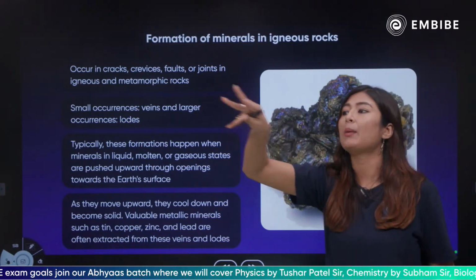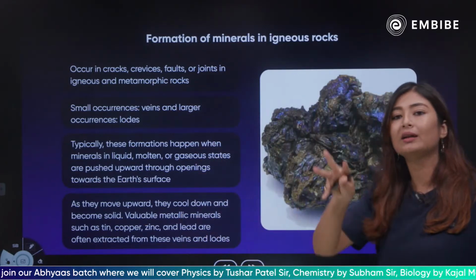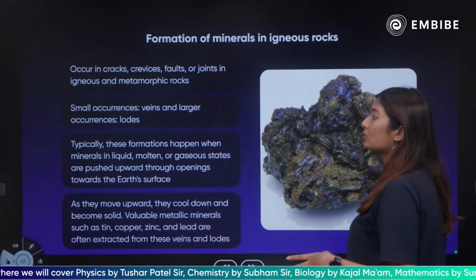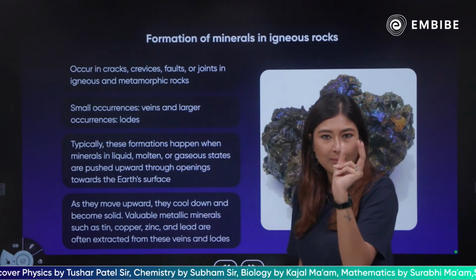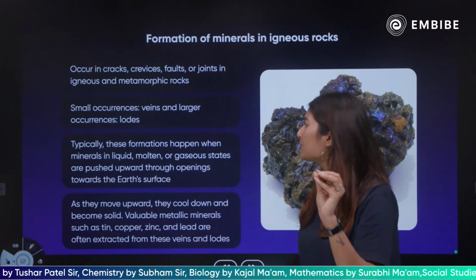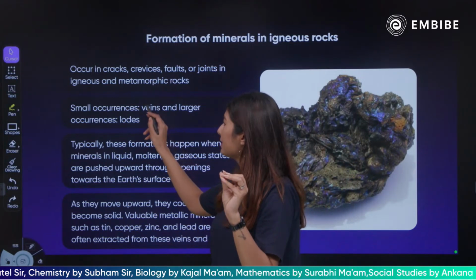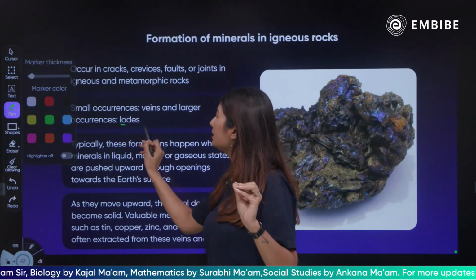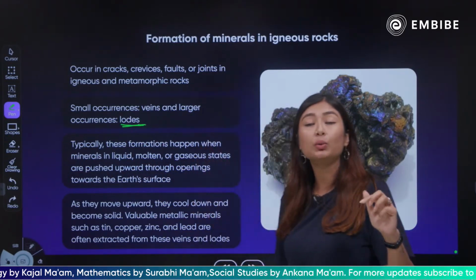तो अलग अलग जगह पे मिनरल्स आपको यहाँ पे मिल सकते हैं. You can find it in various places of these rocks. So wherever in these rocks, it is occurring in small amount, in small spaces, you call it veins. But if it is occurring in big amounts, large occurrences, then you refer to it as